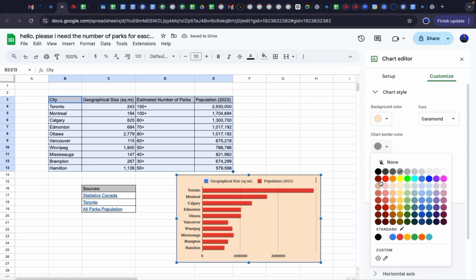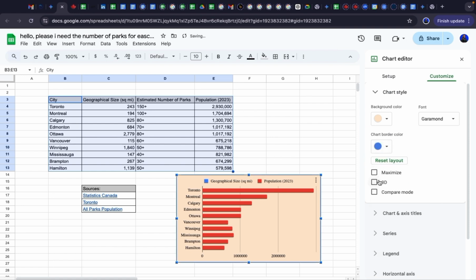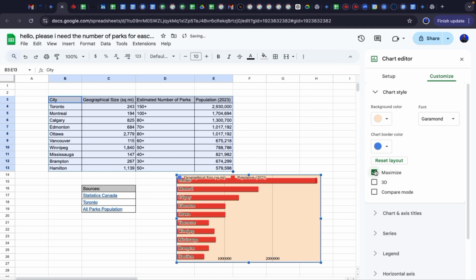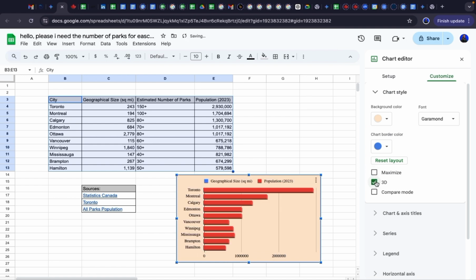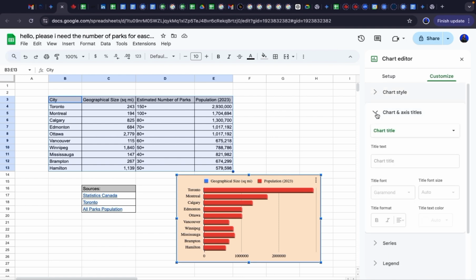Border color, say okay, brown and blue, a bit of it. And then do you want it in HD? Do you want to maximize it? Nah, I don't want to maximize. Do you want it HD? This is the HD format. I don't want compare mode, right? I'm done with it, so I'll check it and go to chart and axis titles, right? Subtitle, title. Do you want to put a title for your chart? So this is where I'll do a bit of